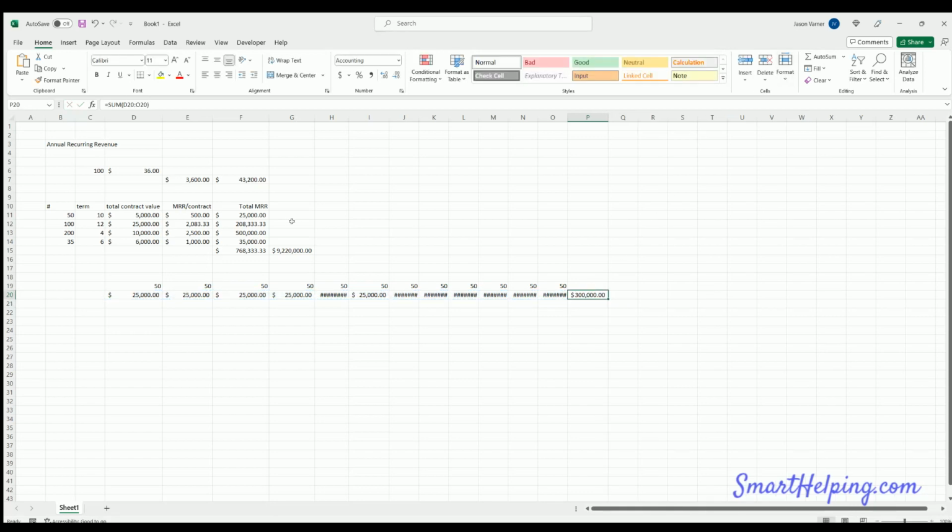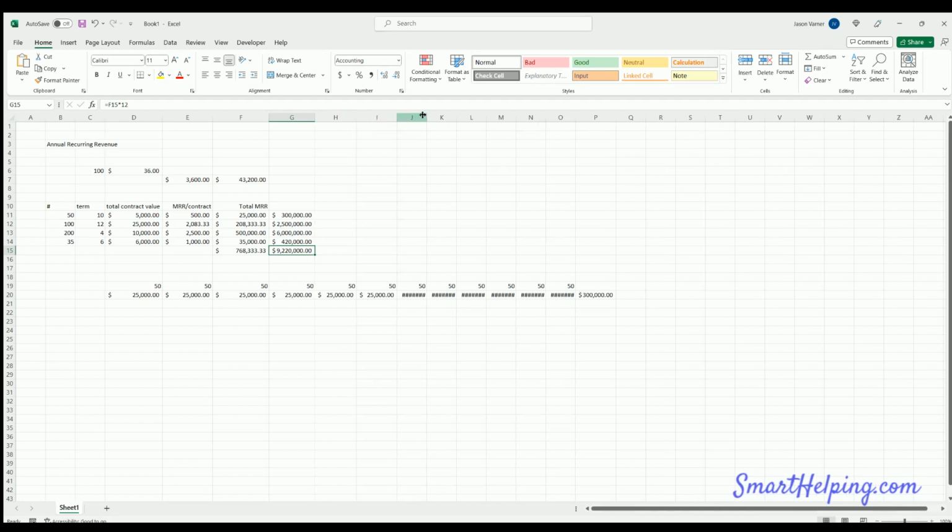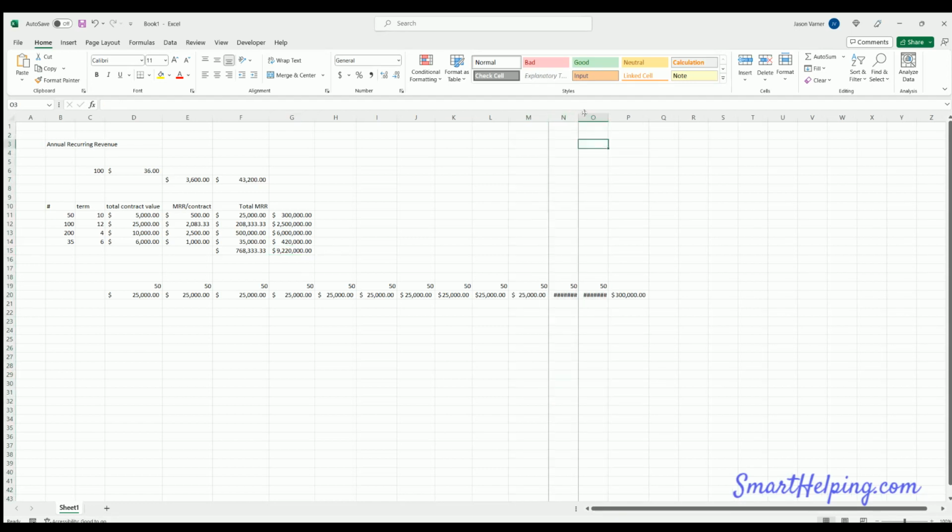That's 300,000. Oh, and you could do this times 12 to get the ARR of each cohort if you wanted, which you can see adds up to 9.2 million as well, which is our total. Let's work this out. So even though the contract's every 10 months, in theory, if you break that into a monthly level and normalize it,